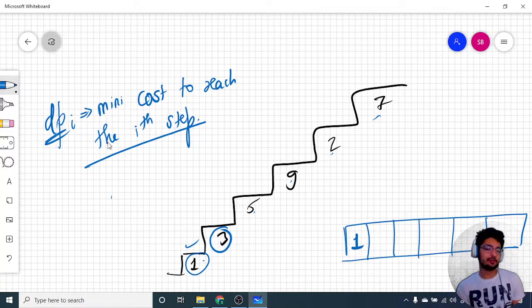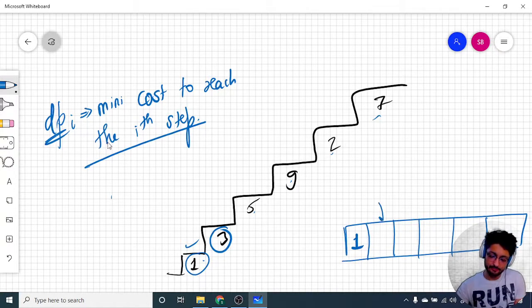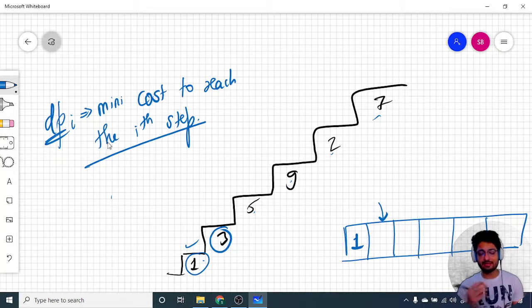Now, what is better for me? Should I stand on the first tier or the second stair? Obviously, the first tier. Why should I start from the second stair? It will cost more. So it means that the second stair value is actually the minimum cost to reach the ith stair. If I want to reach the second stair, I can directly start from the second stair. It is given to me that I can start from the zeroth index or the first index. So why choose the first index? I can directly go to the second index.